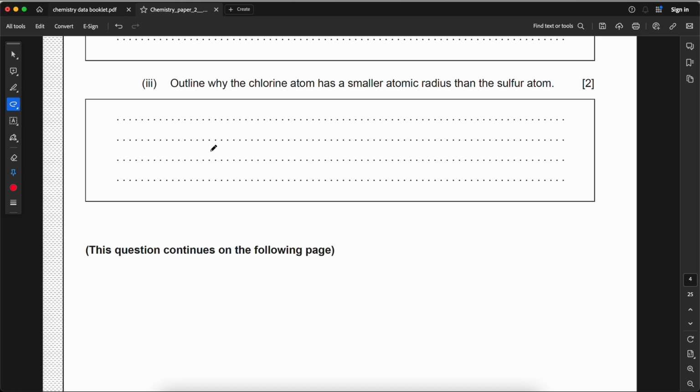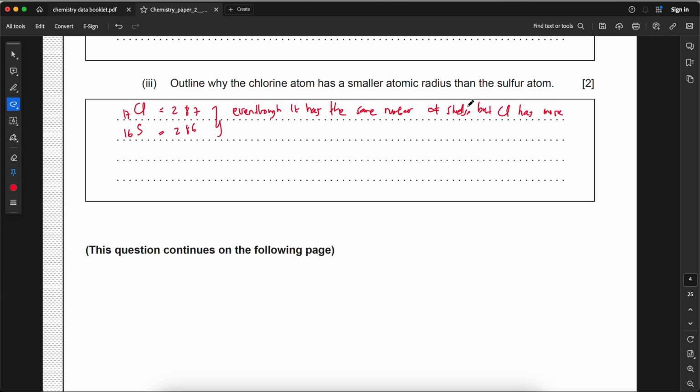Outline why the chlorine atom has a smaller atomic radius than the sulfur atom. For chlorine atom, it has 17 electrons and 17 protons, and for sulfur, it has 16 electrons and protons. So the electronic structure is 2,8,7 and 2,8,6. Even though it has the same number of shells, it has 3 shells here, both of them, but Cl